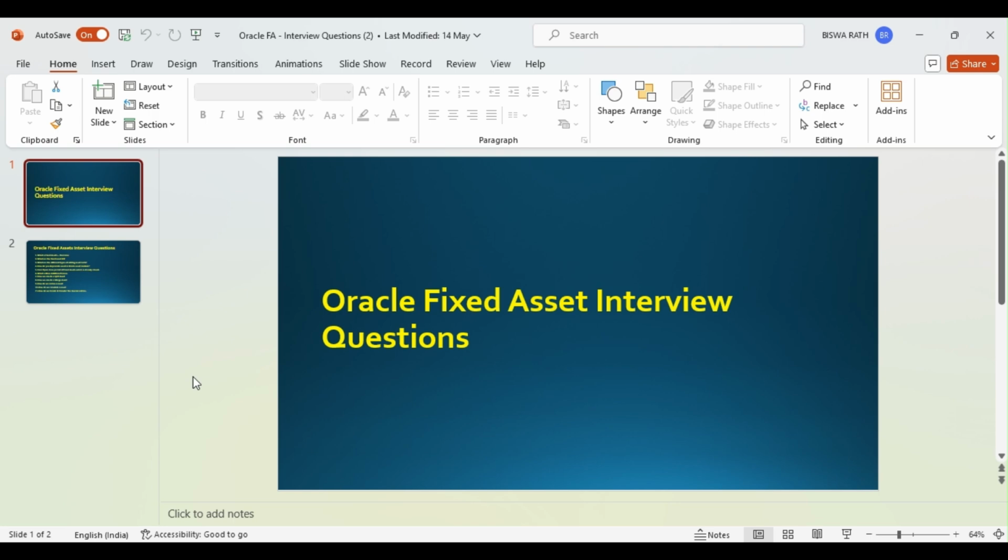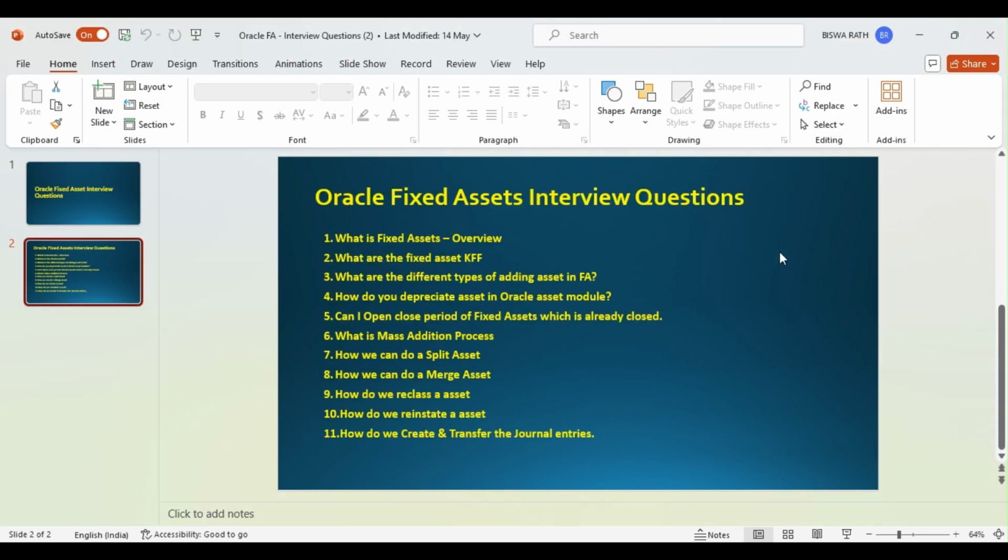Today, I bring a new topic for you: fixed assets discussion. So, you can expect the interview-related questions for this one. And today, we are going to discuss some of the fixed assets interview-related questions, right? So, to start with, let us